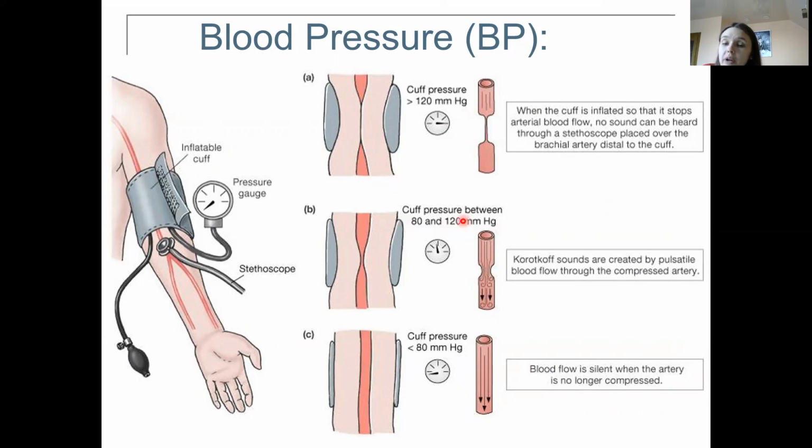When you switch off the cuff, and as a result the air goes out from it, you are going to start to hear the sound. The first sound which you are going to hear will be the first Korotkoff sound, which is created by the pulsating blood flow through the compressed artery, and this will be the systolic pressure. At first, this sound will not be very loud. Its loudness is going to increase, and the last sound which you are going to hear